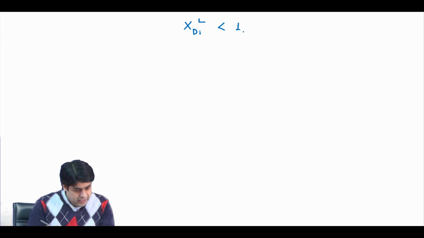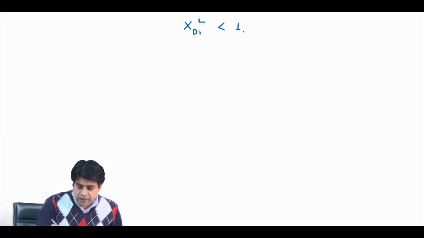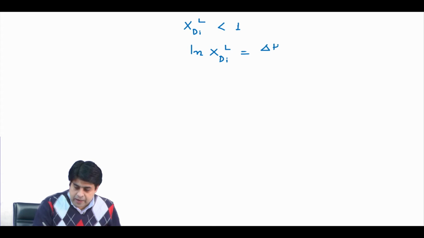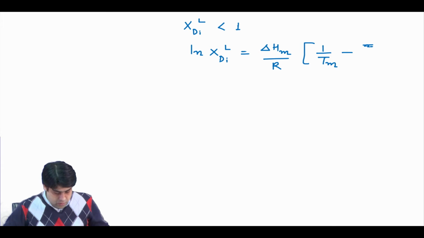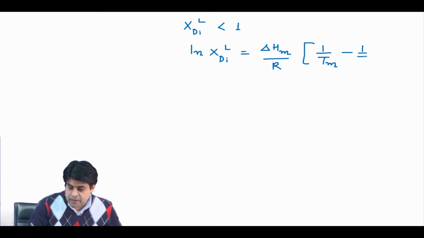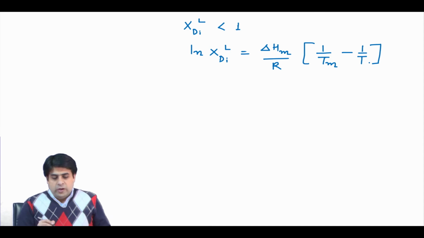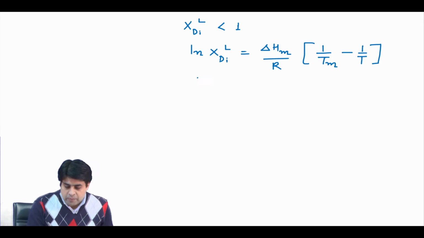So, we can write this equation: ln x diopside in liquid is equal to delta H m by R multiplied by (1 by T m minus 1 by T). Okay. So, if x DIL is less than 1,